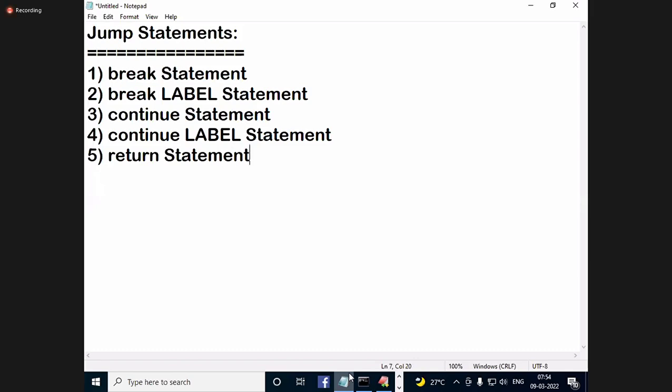Okay. Pass statement is in Python, not core Java. Okay, pass statement is not there. Break label, continue label, return.